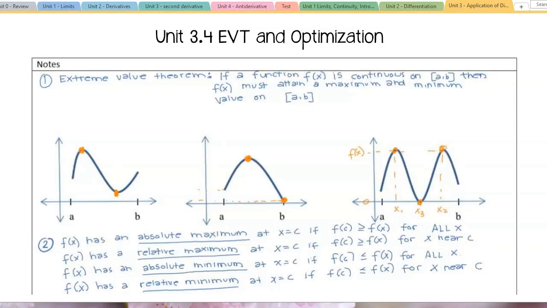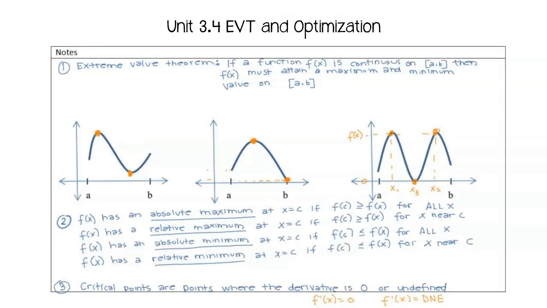Hello and welcome to the next section. In this section, we're going to talk about the extreme value theorem again, and then we're also going to continue on to optimization. We have previously discussed the extreme value theorem, and the extreme value theorem says that if we